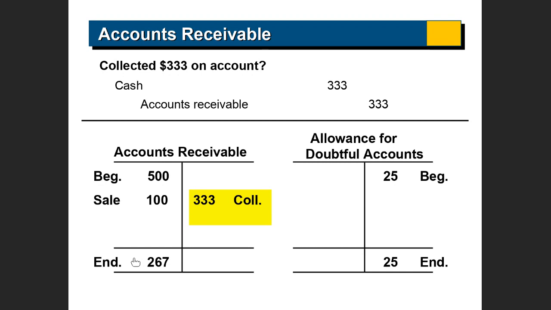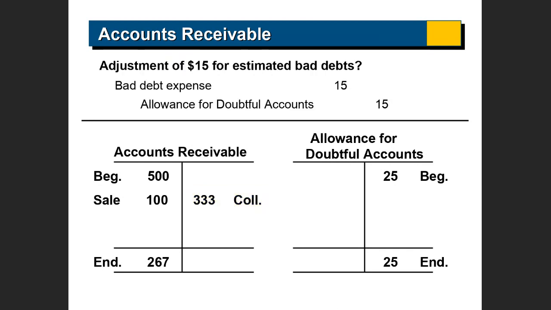All of you know how to do this. Add the debits, add the credits, subtract, and whichever is higher, you go to that side, right? You have done it many times. Okay, so far so good. You're following? Then you have the next, which is an adjustment for $15 is estimated for bad debt. Now, once you come to this situation, we have $267 in accounts receivable,